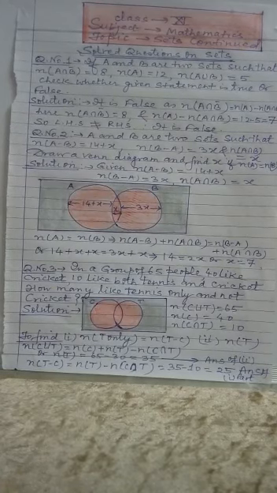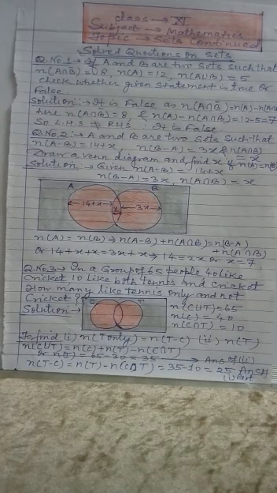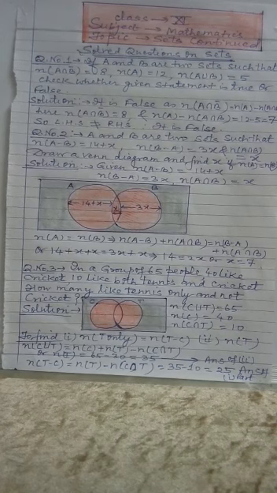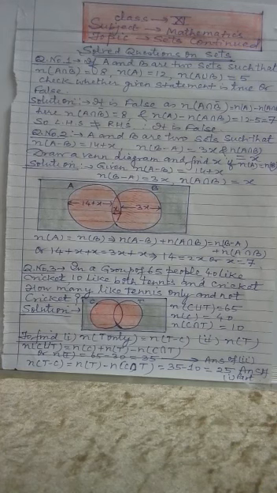Now the next, question third, I have taken: in a group of 65 people, 40 like cricket, 10 like both tennis and cricket. How many like tennis only and not cricket? So sometimes you can solve this question by Venn diagram also. C represents the set of cricket, T represents the set of tennis, n(C union T) is 65 given, n(C) is 40 and n(C intersection T) is 10. To find n(T only), how many play tennis only, that is equal to n(T minus C).